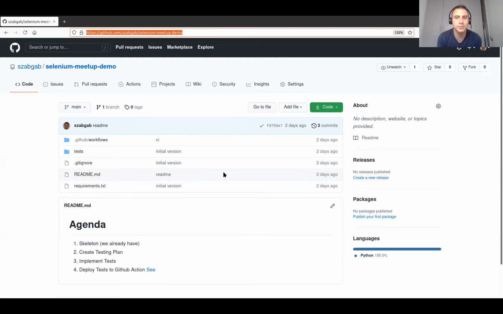We won't do too much damage. That's always my fear when working on real production environments. The idea is to create a test plan, to run it from a CI, and to be useful, not to do damage, and to see how we can get useful insights from running Selenium against a production build.